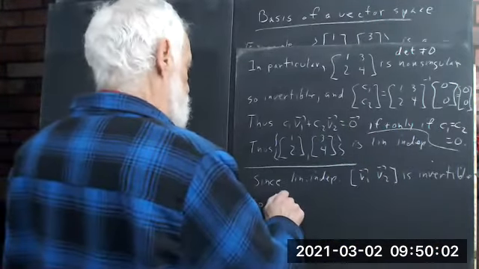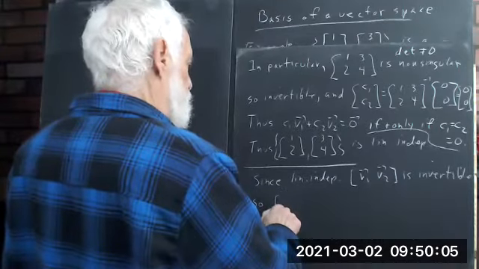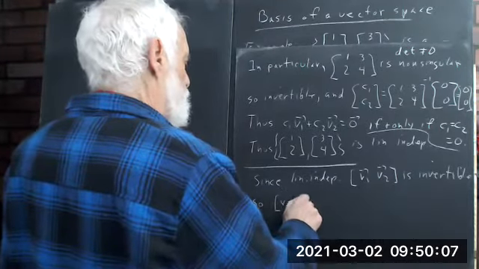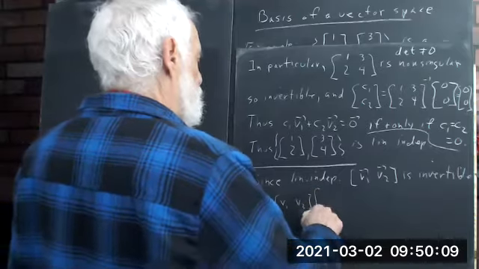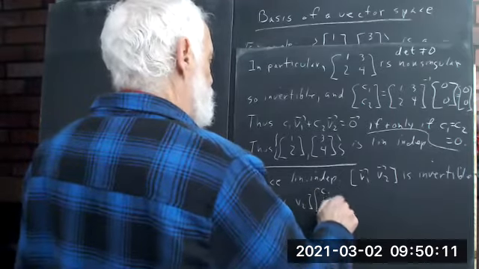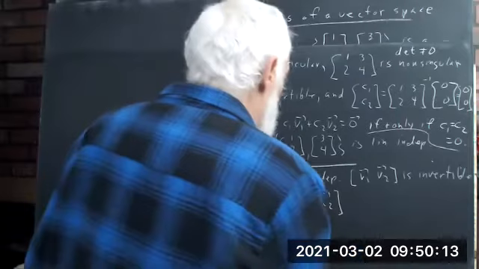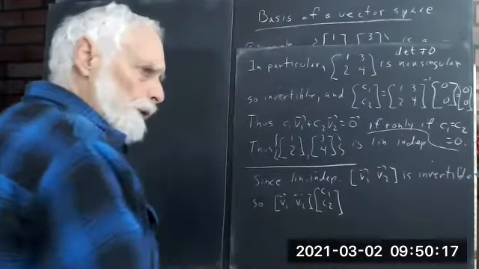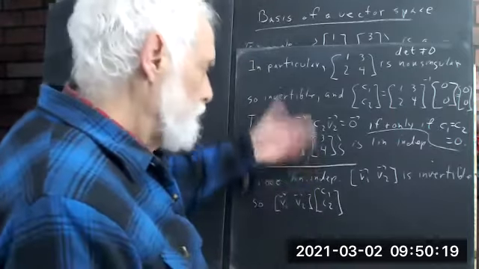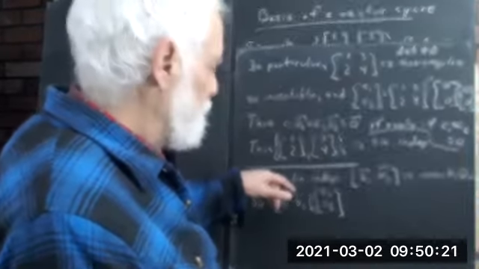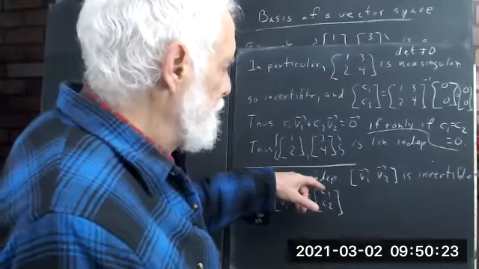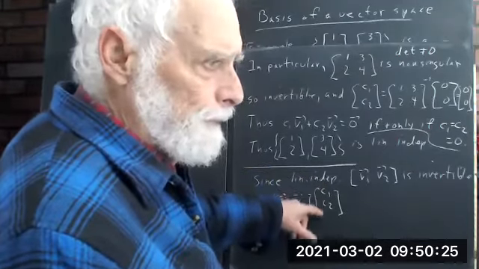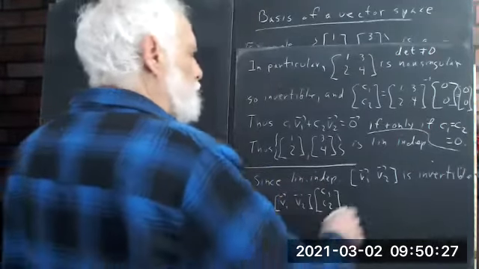So V1, V2, this matrix of columns, times 2 constants equals